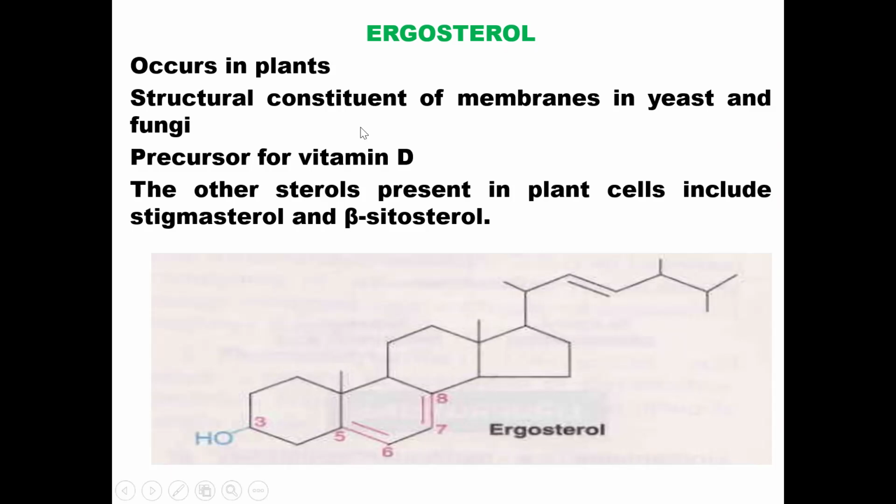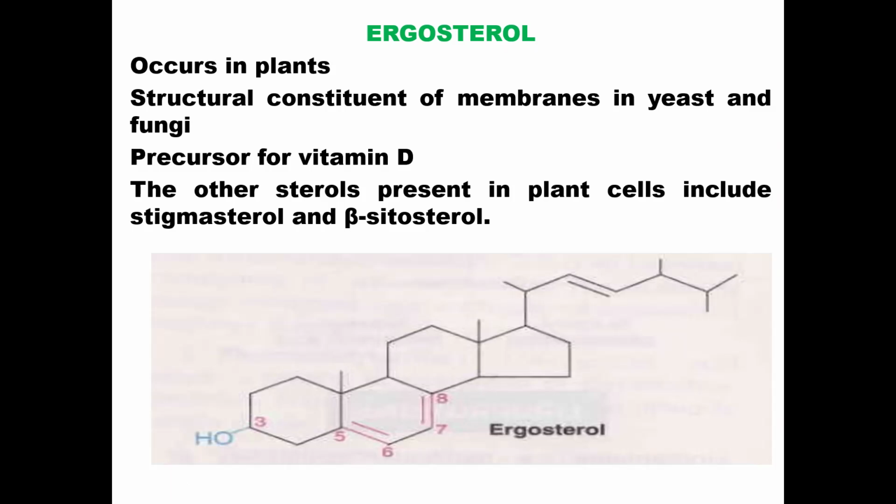If you look at the structure of ergosterol, this is ring A and ring B. When exposed to light, ring B opens up and it is converted to ergocalciferol, a compound containing vitamin D activity. The other sterols present in plant cells include stigmasterol and beta-sitosterol, all of which have